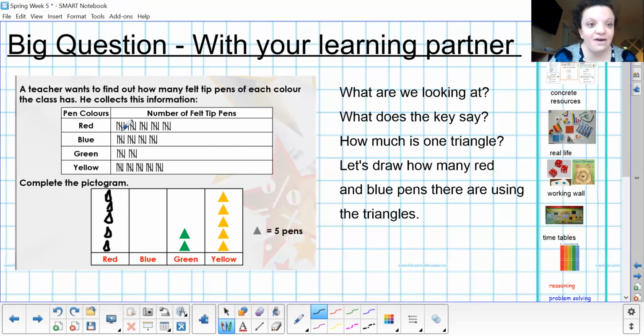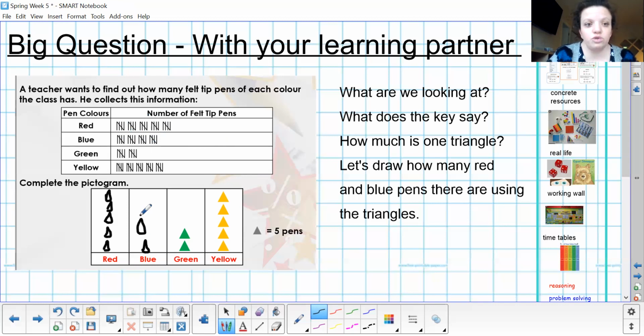Okay, well done. So let's count our blue pens in 5s. 5, 10, 15, 20. So we've got 20 blue pens all together. And we can see here, because it's already in 5s, we've got 1 5, 2 5s, 3 5s, 4 5s make our 20 pens. So we know that we can draw 4